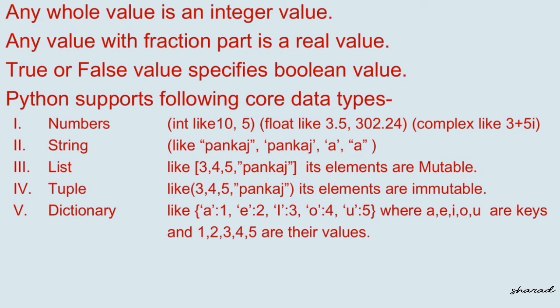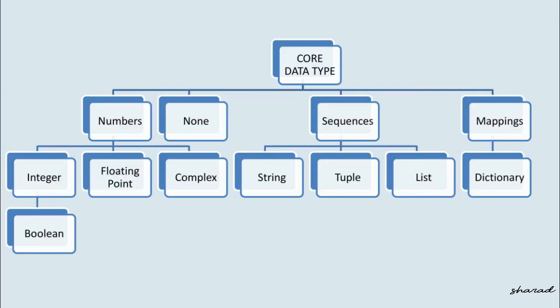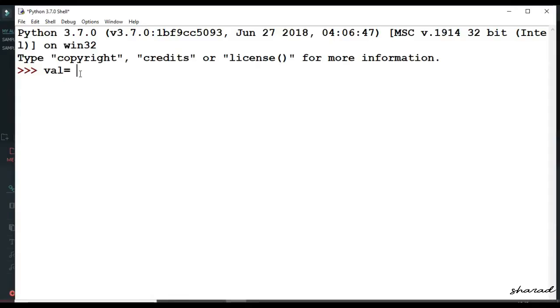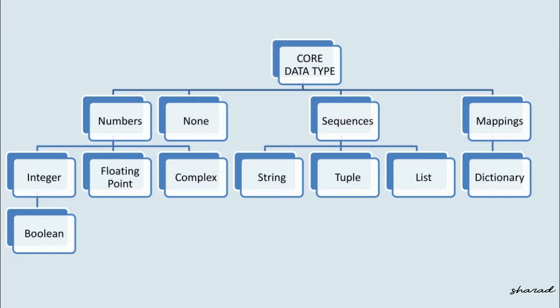Next is Boolean. Boolean data type represents one of the two values, that is either true or false. Next is None. This is a special data type with a single value. It is used to signify the absence of any value or condition. It means we have not assigned any value to the variable, so it is represented by None. Python does not display anything when we give a command to display the value of a variable containing the value None. So as you can see, numbers can be of any type, that is integer, floating point, complex number.